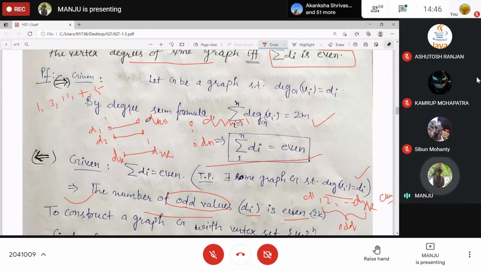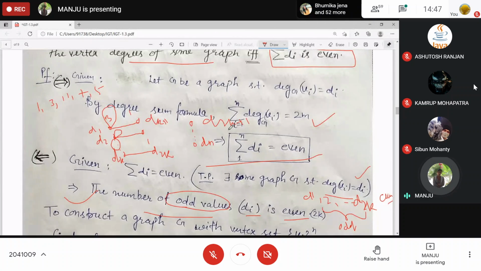So whenever you need degree 3, for example d1 is 3, what do you do? You just insert one loop. What is the degree now? A loop accounts for 2, so now its degree becomes 3. Suppose d2 is 1 only, then there is no addition of a loop. Suppose d2 contains 5 degree, d2 is 5. Then you just insert 2 edges. If 11, then 5 edges.